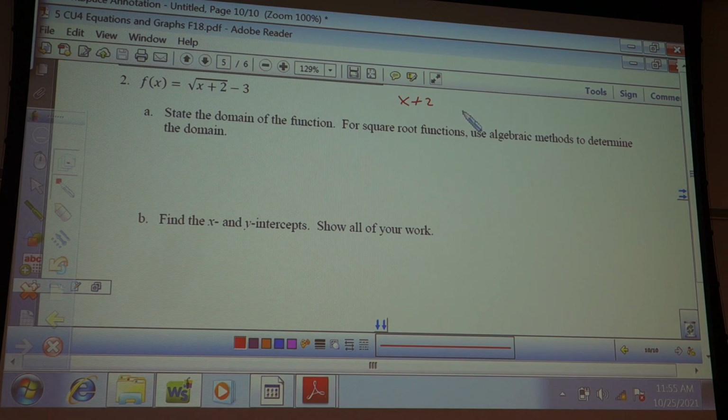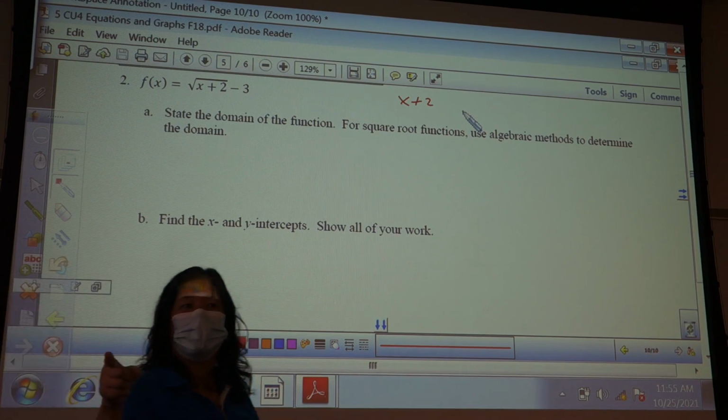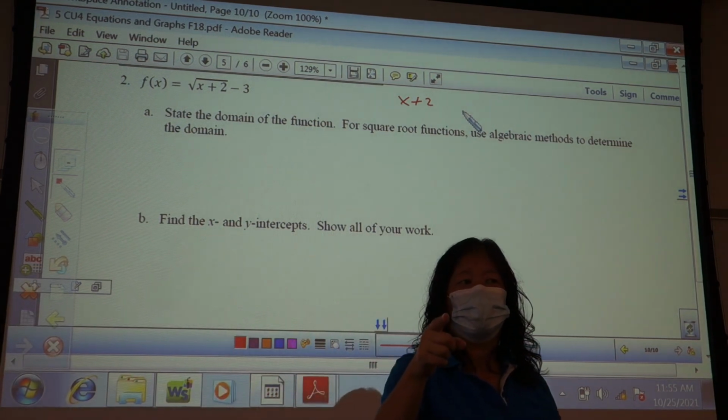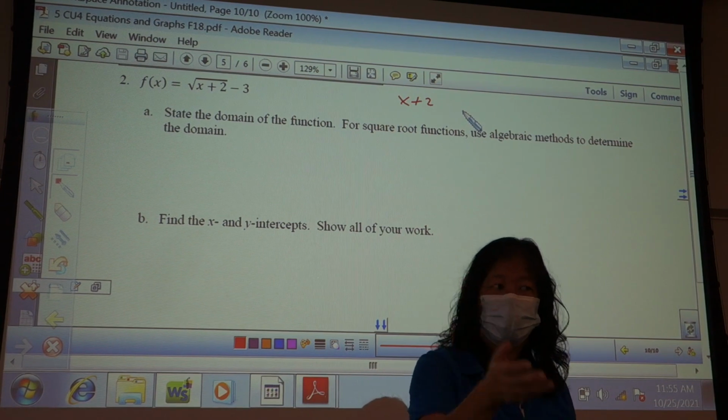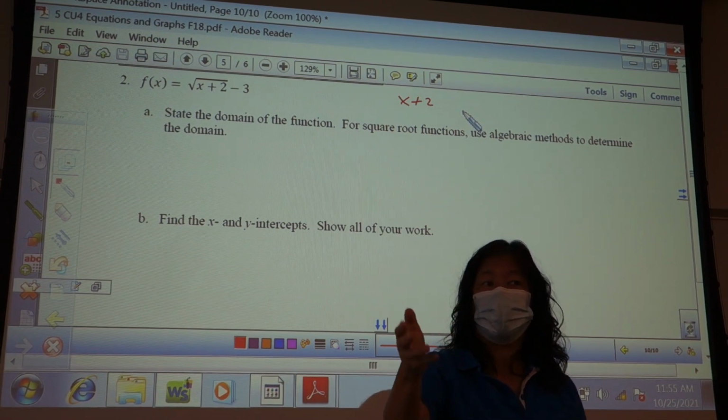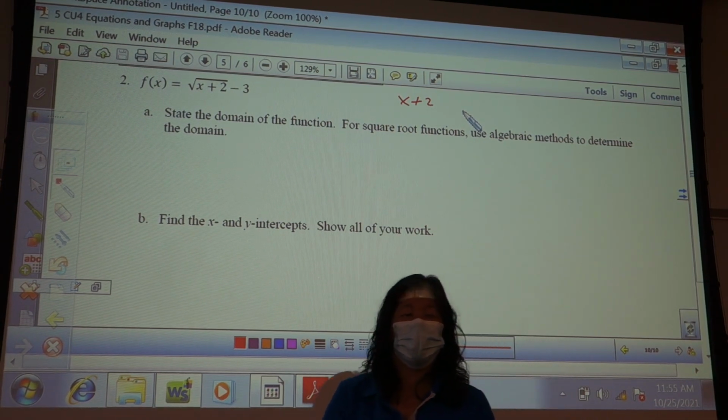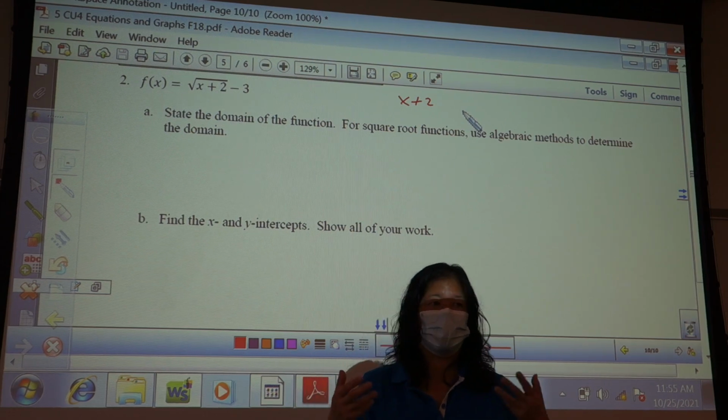Okay. You can never, ever, ever what? Take the square root of a negative number. Okay, so I want to say it: you can never square root a negative number,